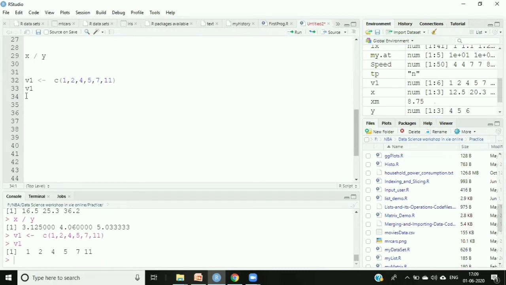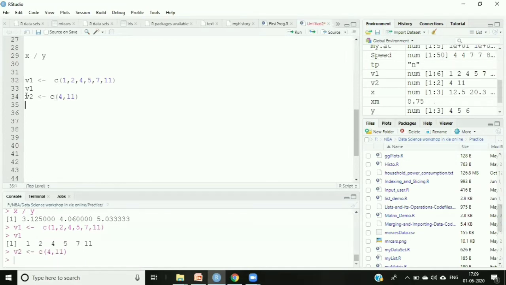Then I'll be having the vector v2, and in the bracket I'm writing 4, 11. Okay, let me check the value of v2. So 4 and 11. So we are having these two vectors v1 and v2, where v1 is 1 2 4 5 7 11, and v2 is 4 and 11, right? So these are of dissimilar sizes.